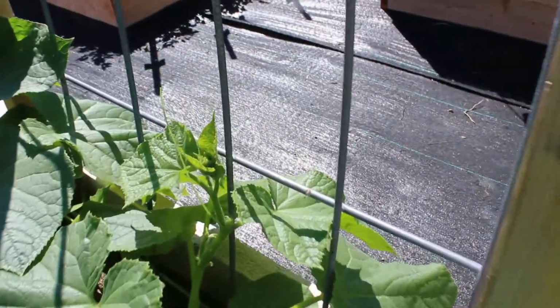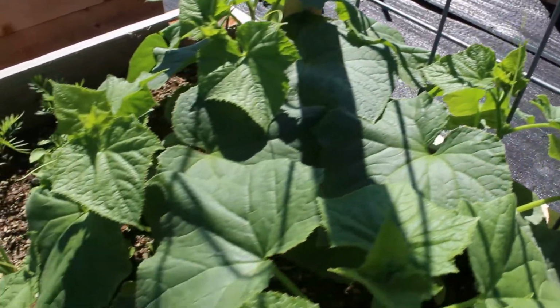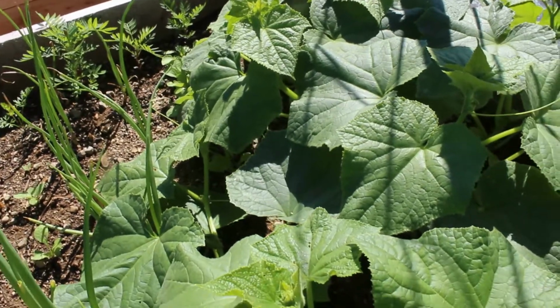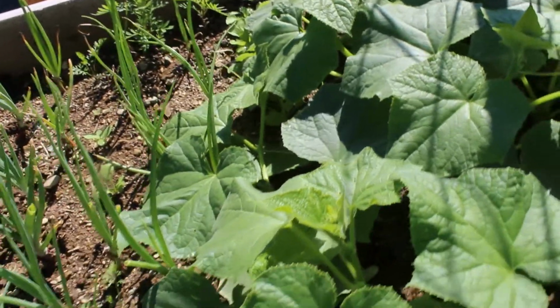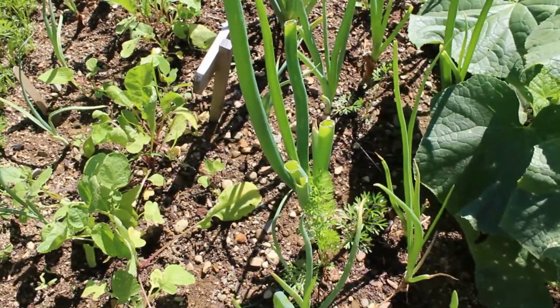We have some cucumbers that are starting to climb. I can't wait to eat these. These ones are English cucumbers. The other ones I showed you are pickling cucumbers. And we have a few stray carrots